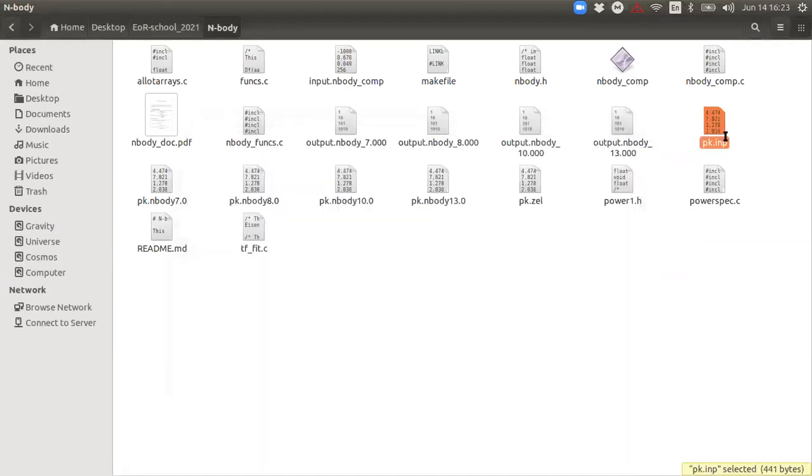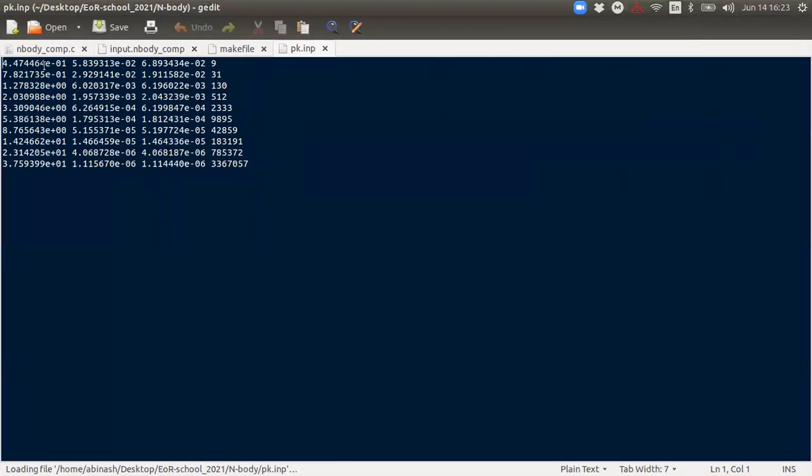Okay. So if you open this power spectrum file, you can see there are 4 columns. These are the wave numbers, average wave numbers, or the k in the Fourier space, at which we have these power spectrum values computed from the particle distribution, and this is computed using the linear theory, and these are the number of modes within that bin. So if you remember, we divide our k space or the Fourier space into bins to compute the power spectrum. So anyway, don't go into the details of this.